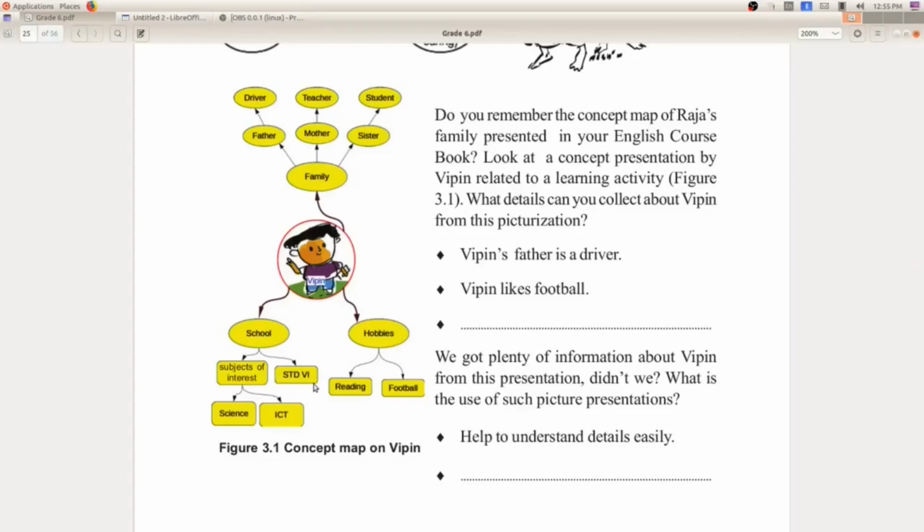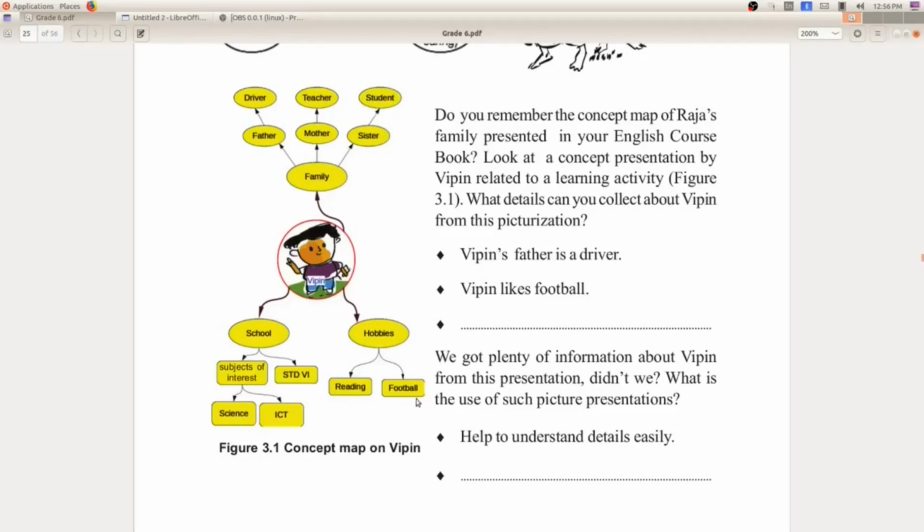Or another question, what is Vipin's sister doing? Okay, so I can search in the family concept, go to sister, and she is studying, she is a student. Or what are Vipin's hobbies?